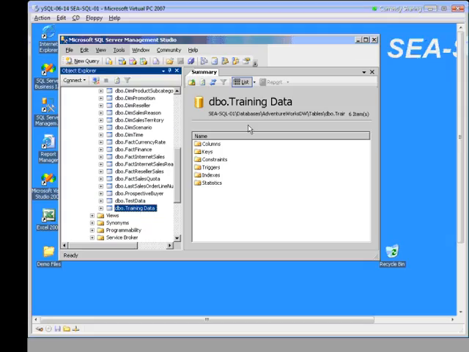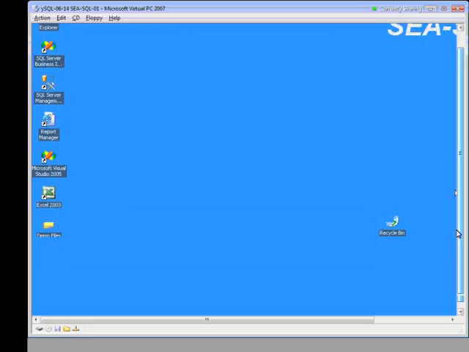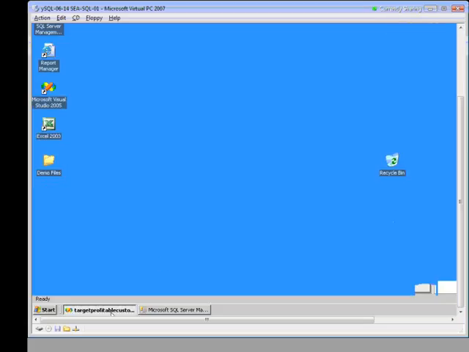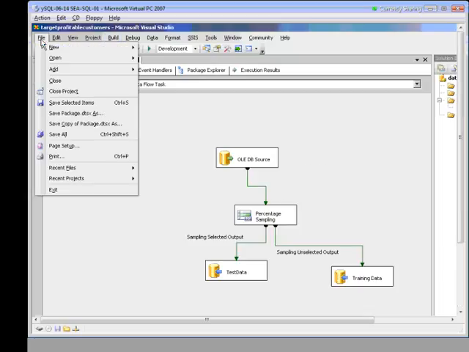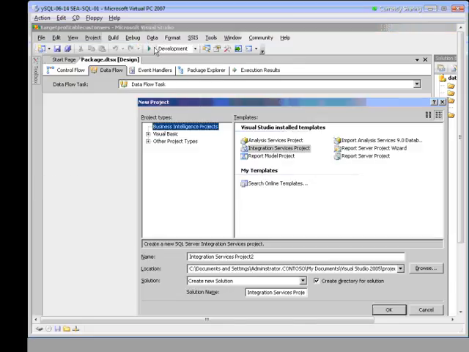All right, so let's go back now to the Business Intelligence Studio and our Target Profitable Customers project. So I come back up here to the top, and I go File, New. Now watch this. I'm going to tell it to create a new project here, but watch these steps real carefully. We want to add to the same solution instead of creating our own project.